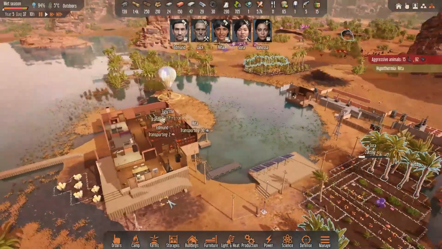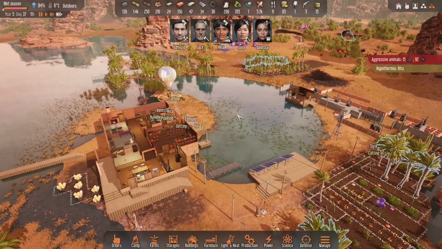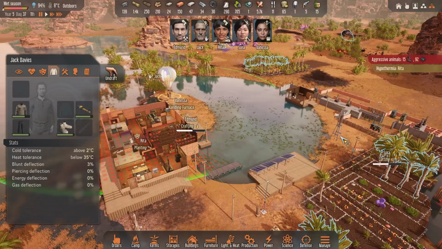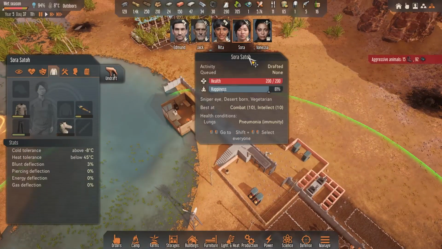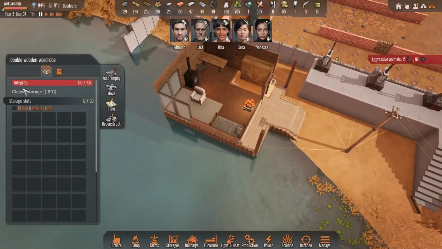But we're about to test our defenses pretty shortly here. I'm almost tempted to just let him come. But no, maybe not. Jack's already kind of going to get himself in trouble, so let's start bringing people to the front. Let's have Vanessa. You know what we need to do is we really need to have...